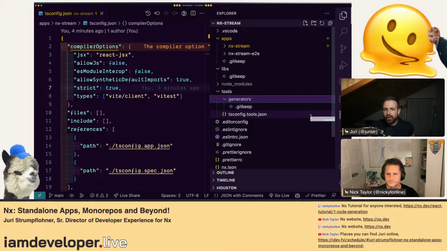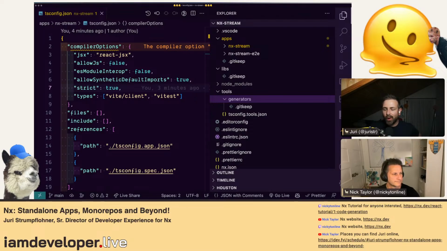Yeah, so the tools folder is to some degree a bit historical. This is kind of the thing where you put your own custom node scripts and stuff in here, right? So just to have a place predefined. We were actually debating whether to remove that and just give people, because it's not bound to this specific folder, right? There's a tsconfig in there, so it's already kind of pre-configured slightly, so it works nicely with TypeScript. But other than that, you could really locate them wherever you want.